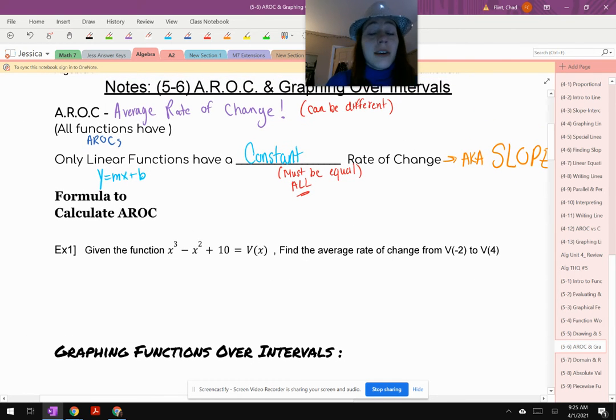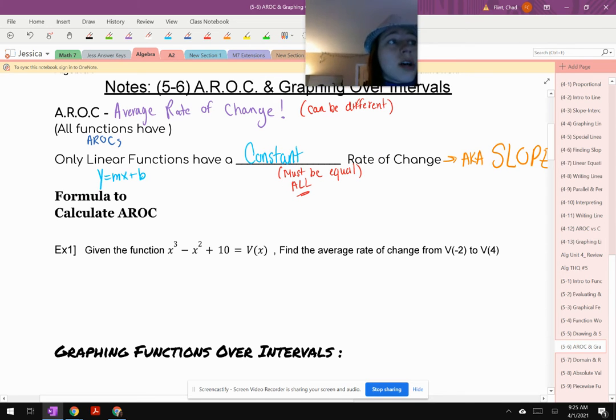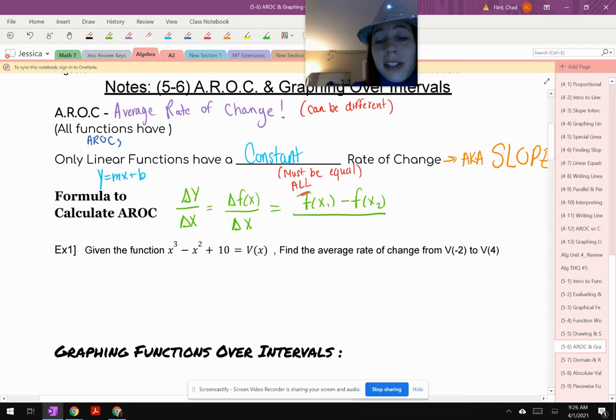Okay, so then the formula to calculate the average rate of change, it's what you know as the formula to find slope, basically. So in order to do that, that's your change in your y over your change in your x, so now the only difference here is that we're using function notation. So it's going to be the change in f of x over the change of x. So it's going to be f of x1 minus f of x2, still the y values on the top, over